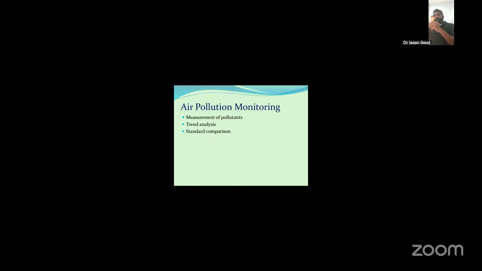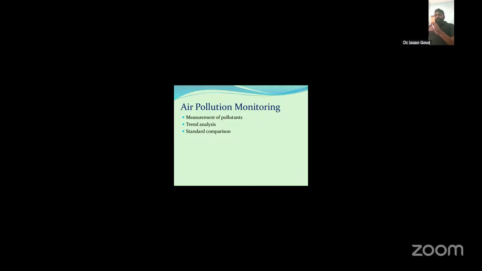In this, ambient air monitoring is there, indoor air monitoring, assessing exposure in homes, workplaces, industries. Source monitoring is there, like measuring emissions directly from chimneys, vehicle exhaust, and industrial stacks. Third one is pollutants commonly monitored: particulate matter, sulfur dioxide, nitrogen oxides, carbon monoxide, ozone, and lead.